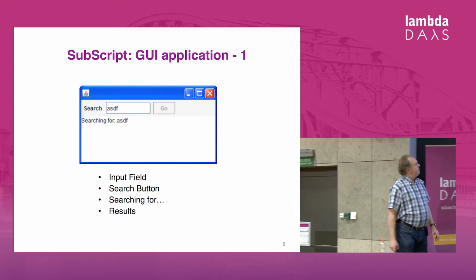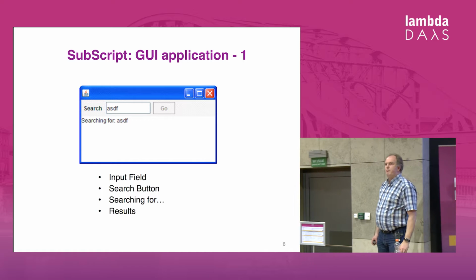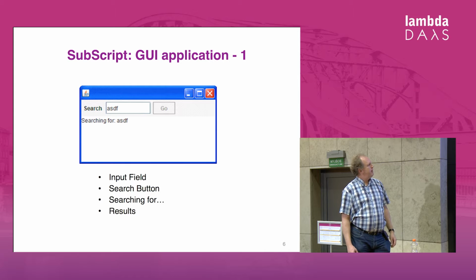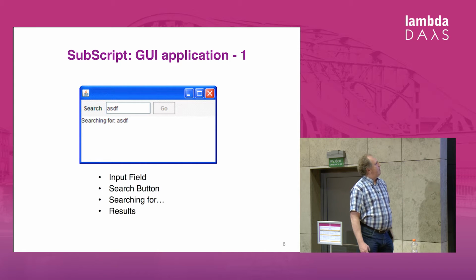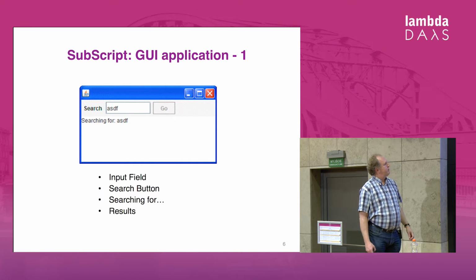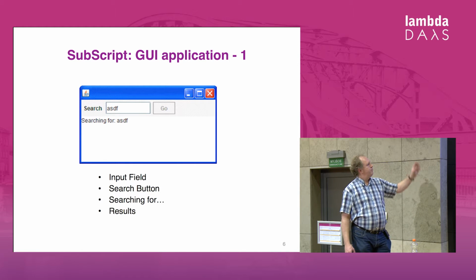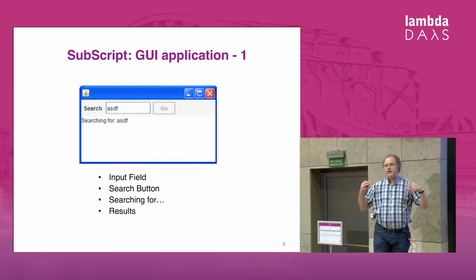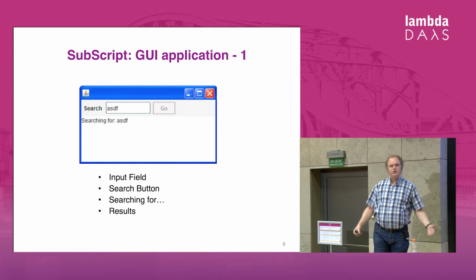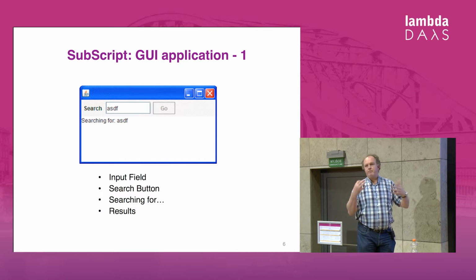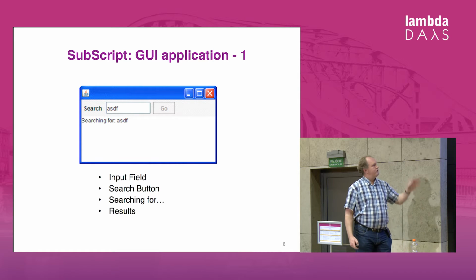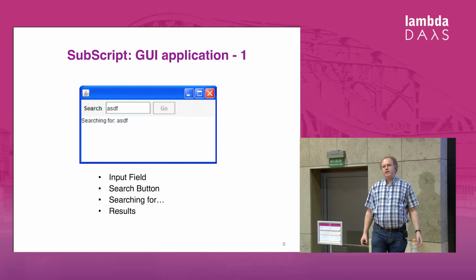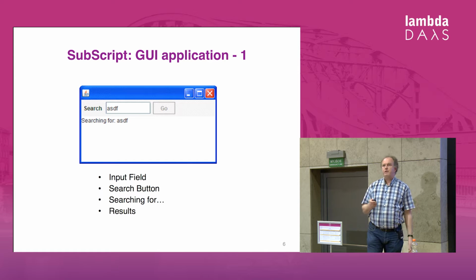And last year I was here at Lambda Days, and I presented this example, among others. And I'll briefly touch upon it. Suppose you have to create a GUI controller for a simple program. There's a search text field where you can type things, and then you can say go, and then somewhere in the background, on Google for instance, a search happens, and at some point the thing returns. And if you want to program this in Java Swing, then you must be sure that everything happens in the right thread, and that's quite hard.